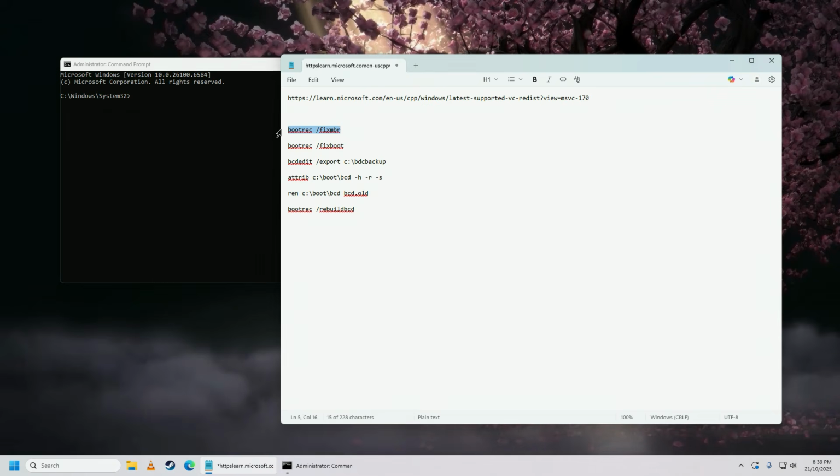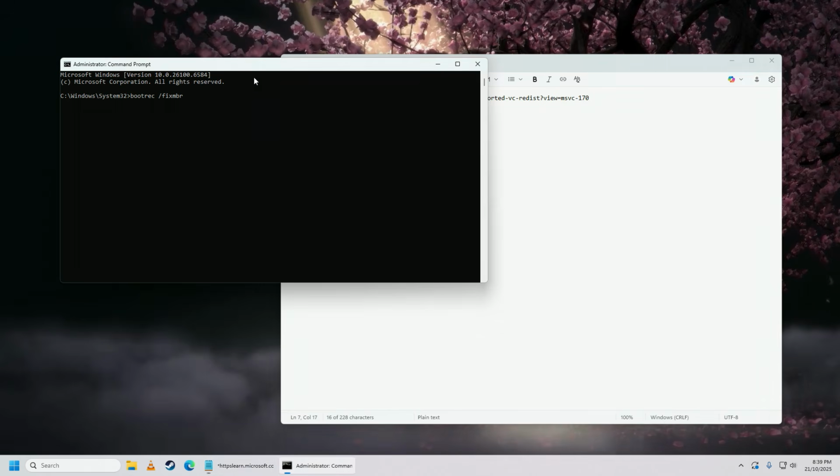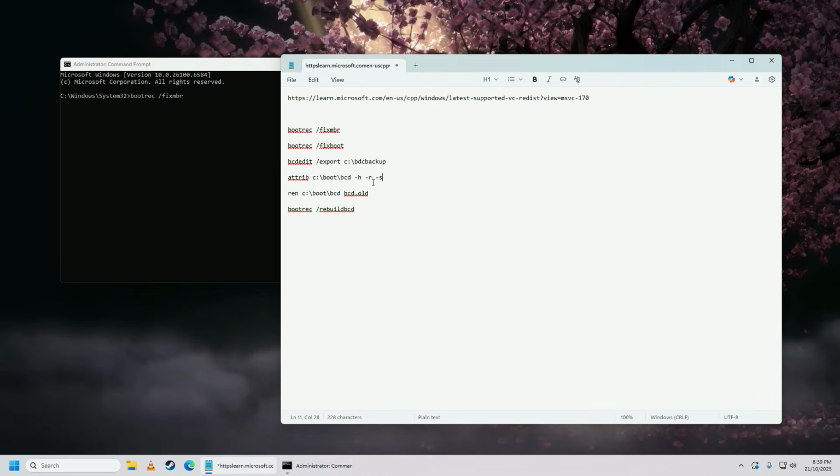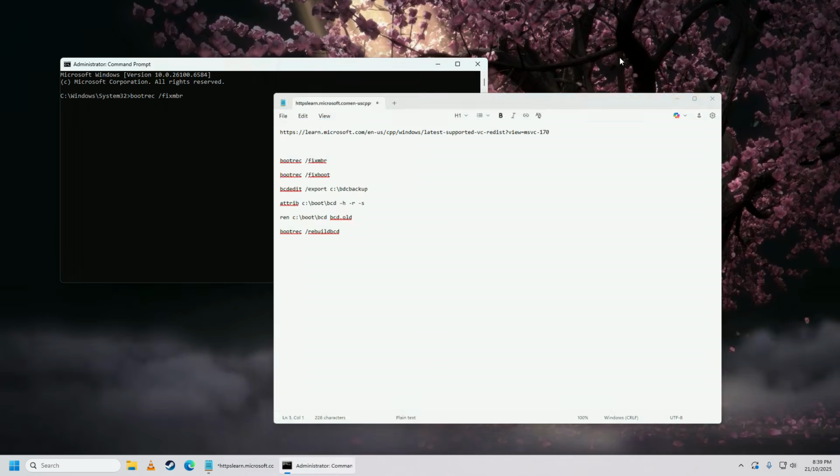You're gonna put in this command first. You're gonna press enter, and then you're gonna put in this command, and then you're gonna put in this one, and so on. You're gonna put all of these commands, and after that, what you're gonna do is